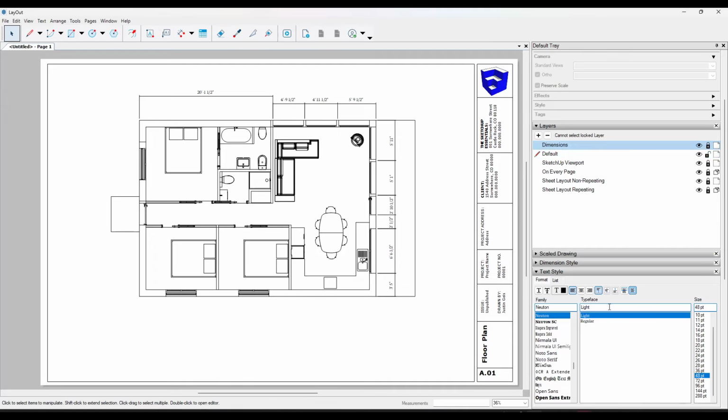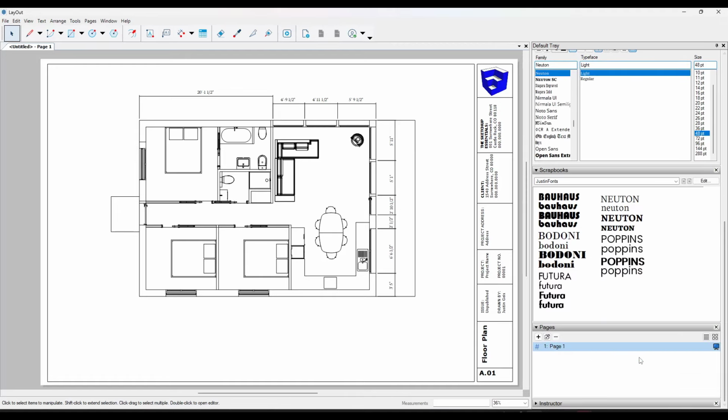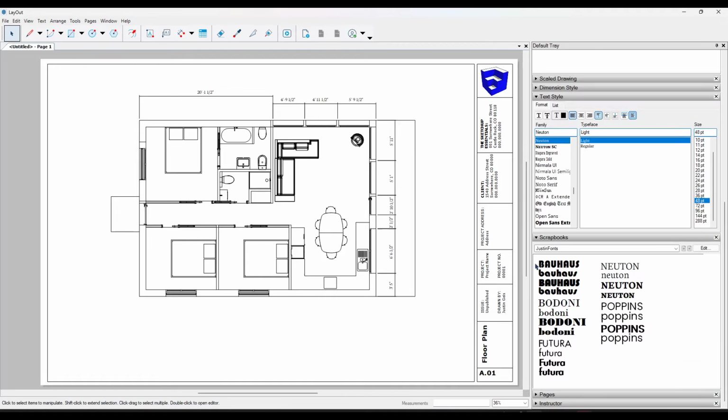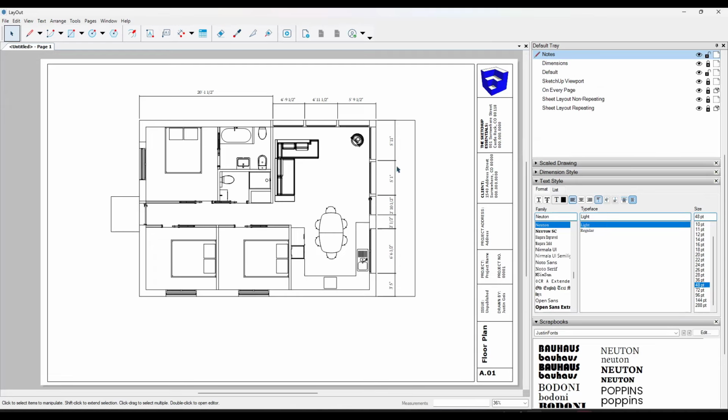But then I'm going to add some other notes, like a sheet name. So to do that, I'm going to use scrapbooks again. So we're going to go to our layers right here. And in this case, I'm just going to call this notes. And notice how I'm putting all of these on their own layer, right? So my notes are going to go on their own layer. My dimensions are going to go on their own layer. That just makes editing them and also toggling them on and off if I don't need them a lot